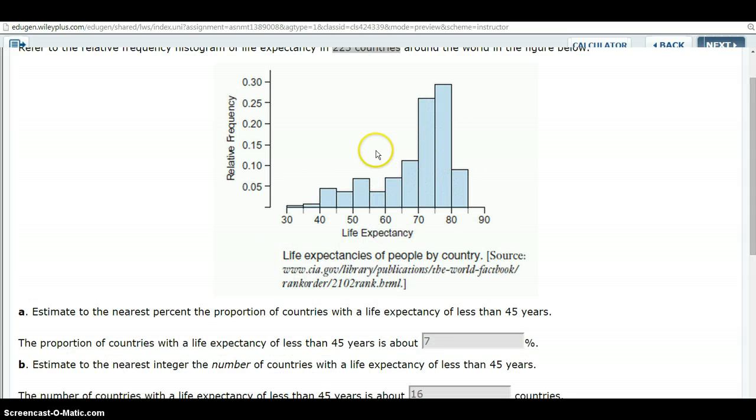In other words, the central portion of the data is here. Most countries, in general, most countries have an average lifespan between 60 and 75. Then we have some of these really good places to live, of which United States is one in terms of life expectancy, and some of these where we really have some shocking things going on in terms of early premature deaths.